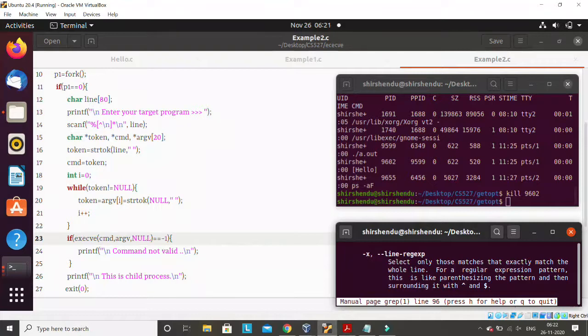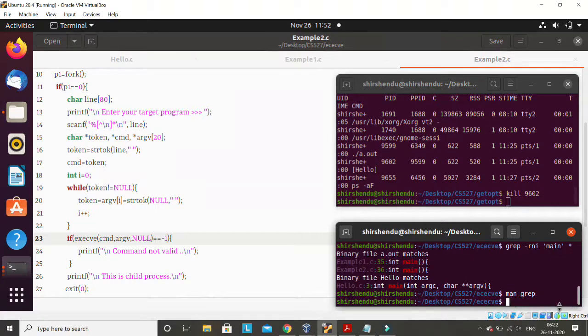So suppose I told you that you have to write a C program, and that C program also must have a manual like this. Or I'll say, don't use the grep command of the Linux kernel. You have to use your own grep command, and you have to do everything as it is in the existing grep command. So you have to implement all these options, and your code should also be able to handle it if I give these options, and if I omit one option, then also it should handle it, right?